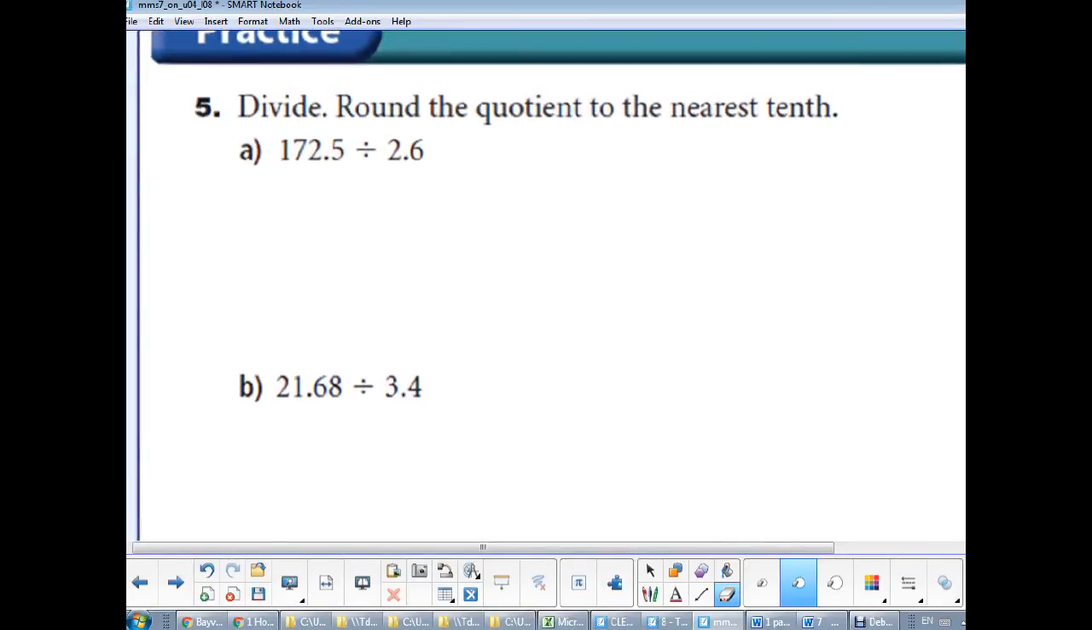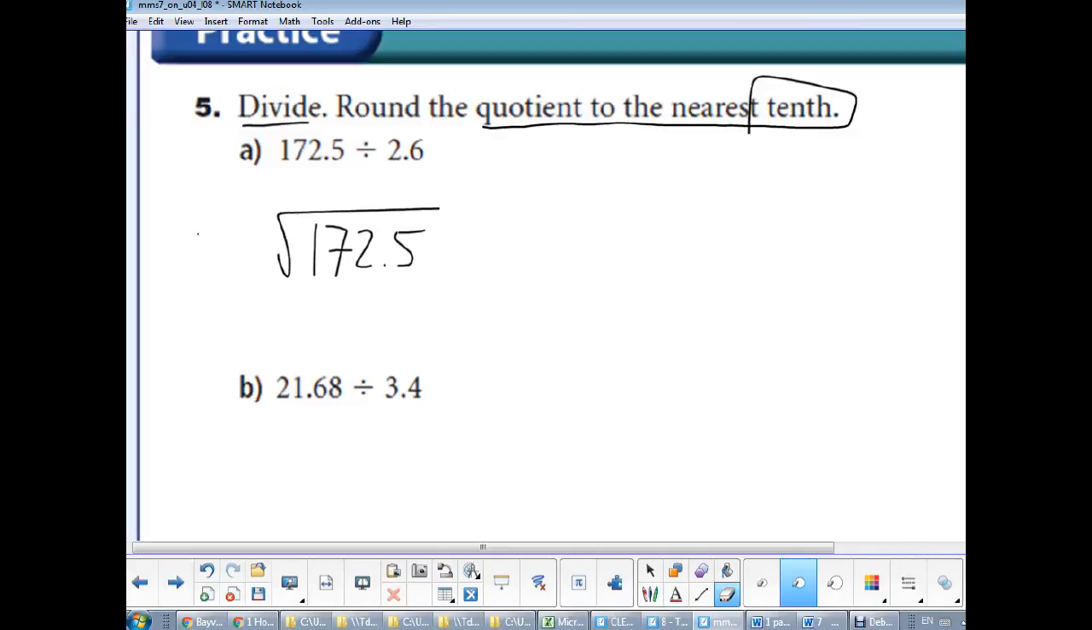Number 5. In this case, we want to divide, but they're also giving us the additional information to round the quotient to the nearest tenth. So we'll have to carry our answer to 2 decimal places, to the nearest 100th, so that we can round to the nearest tenth. So we have 172.5 divided by 2.6. We will rewrite that, moving the decimal over one place. So it's 26 divided into